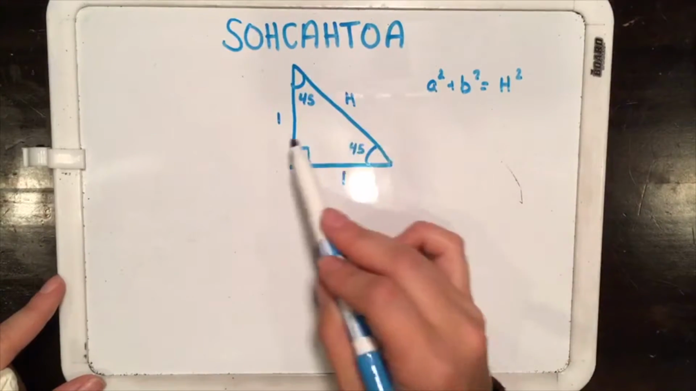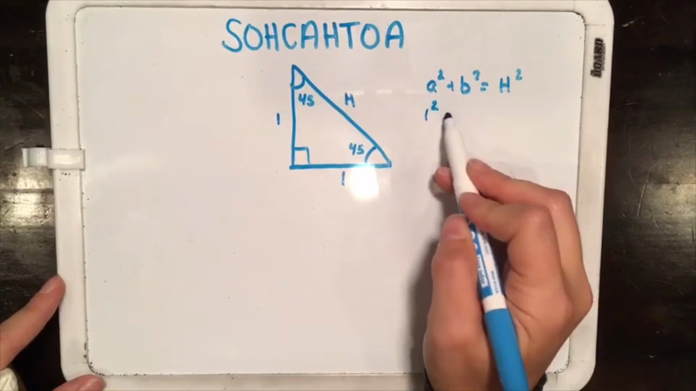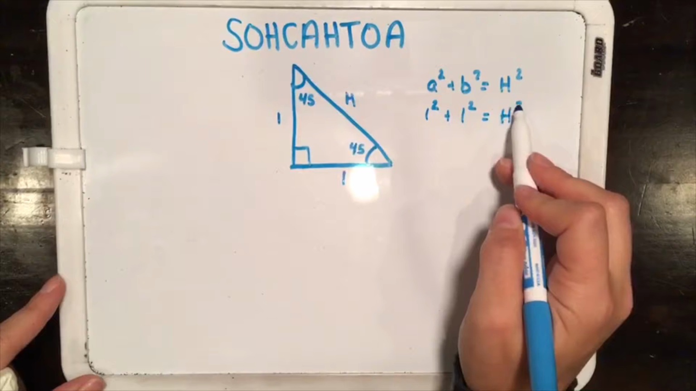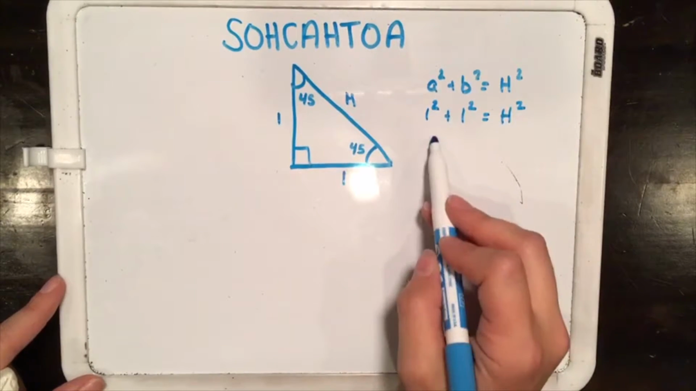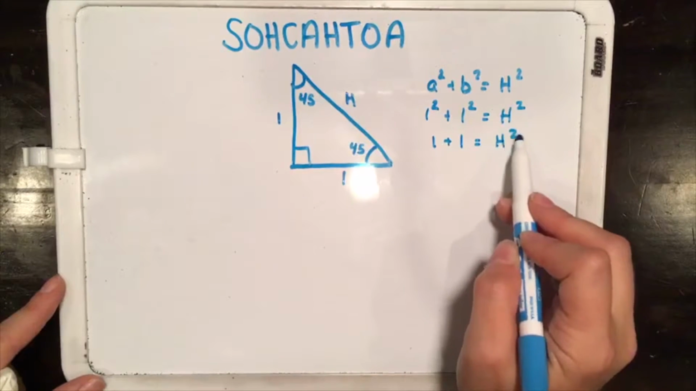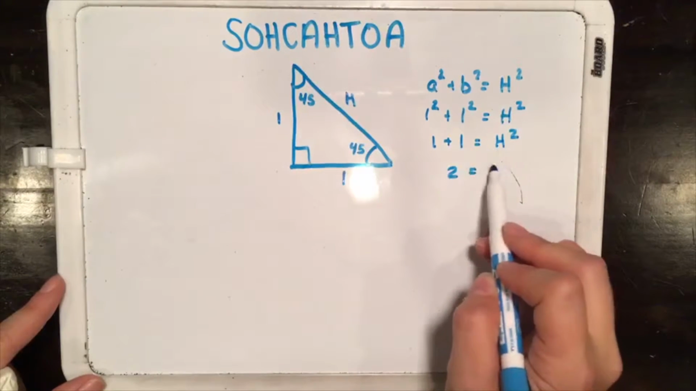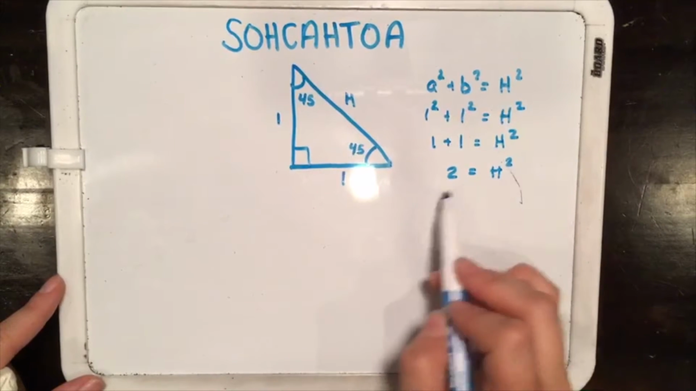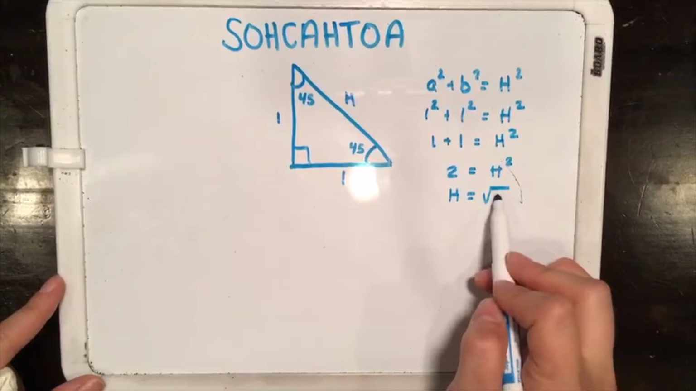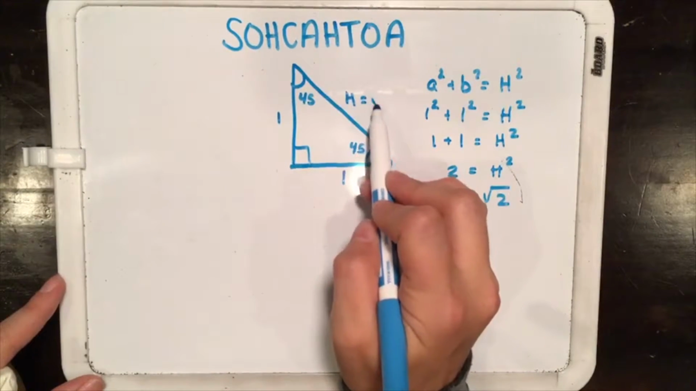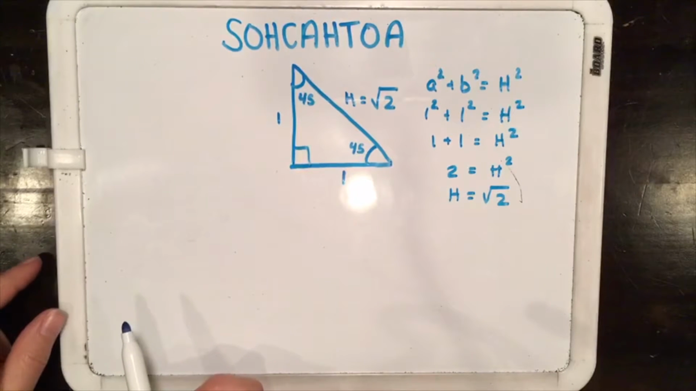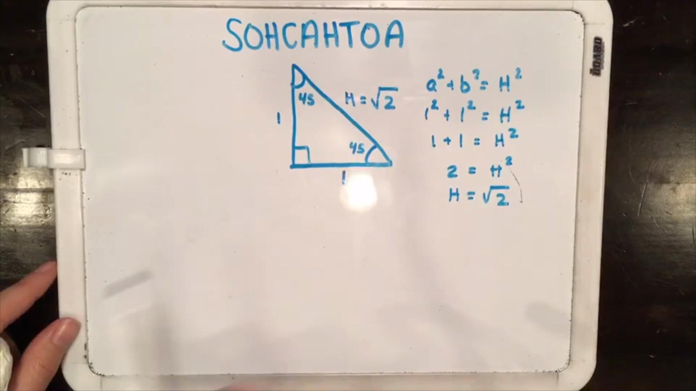Our first side length is 1. 1 squared plus 1 squared equals h squared. 1 squared is just 1, so 1 plus 1 equals h squared. 2 equals h squared. If we take the square root of both sides, we get h equals the square root of 2. So now we know what all three sides are, and we can find the trigonometric ratios for angle